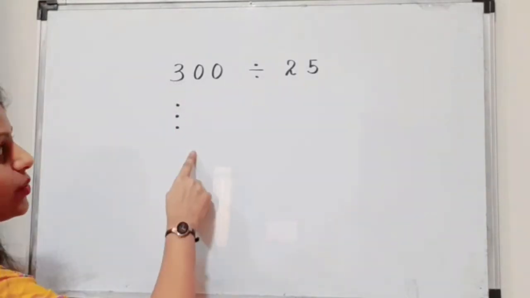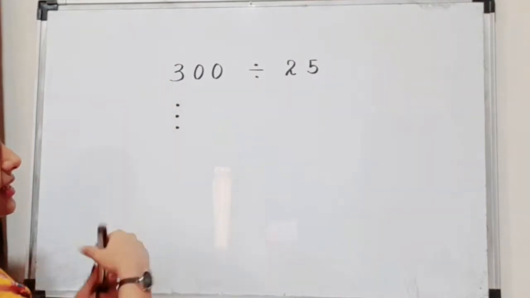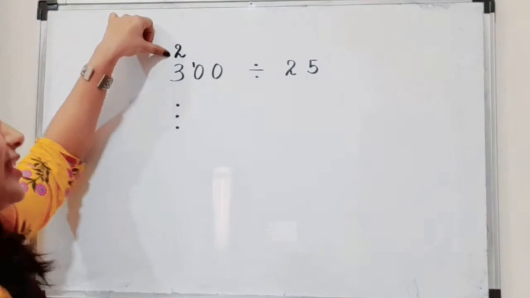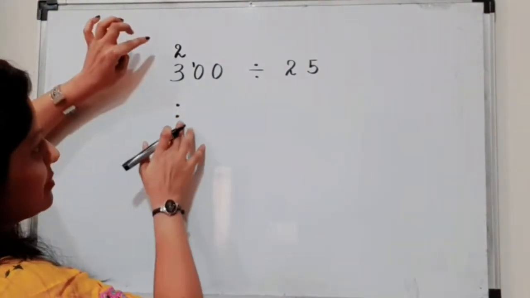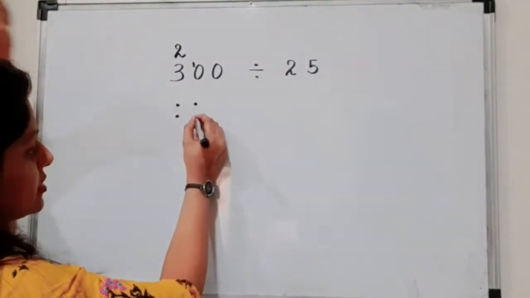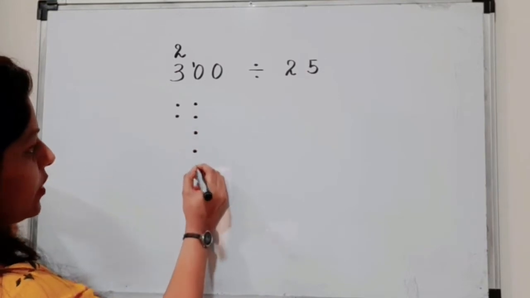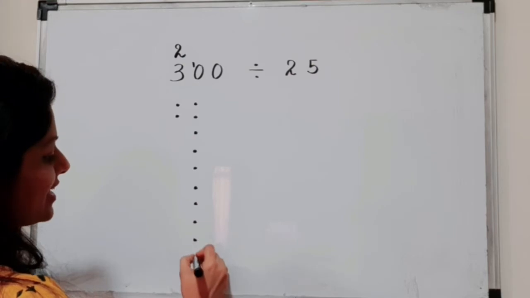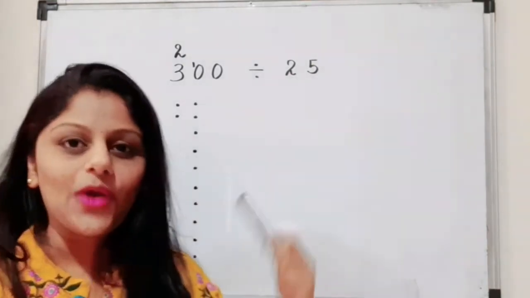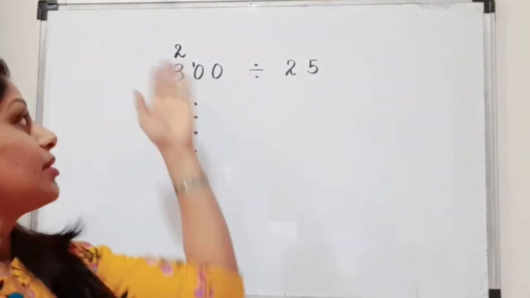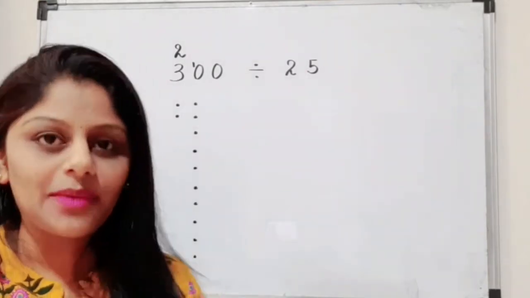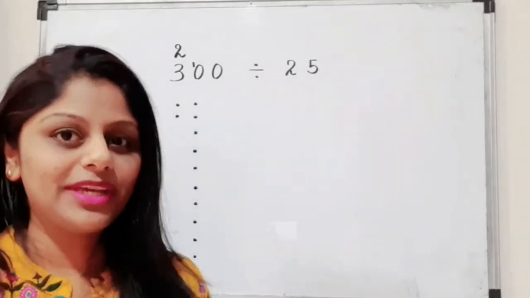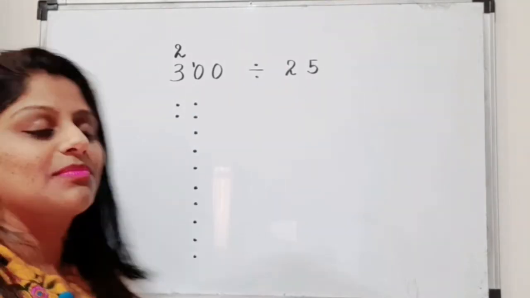So this is a 0, therefore we will cancel this 3 to 2 and give it a 10 out here. So this 3 will become 2 and this is 10. 1, 2, 3, 4, 5, 6, 7, 8, 9, 10. Understood how we gave 0 the dots? From the previous number we borrowed one and gave it to this 0. So this 0 became a 10.